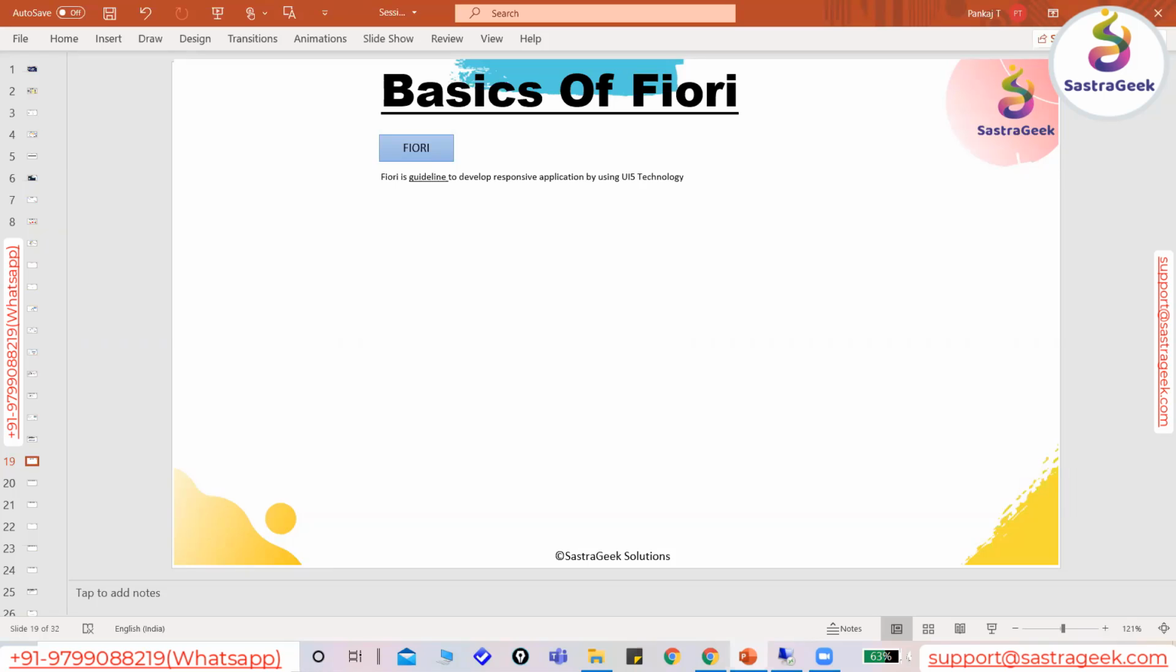So whatever applications are already available in Fiori, SAP's own new incoming applications, or whatever applications we are creating in Fiori, should have the same look and feel and the same harmonized approach. And that is why these guidelines are very, very important. So this is nothing but, I'll put it here. Okay. So this is nothing but Fiori is